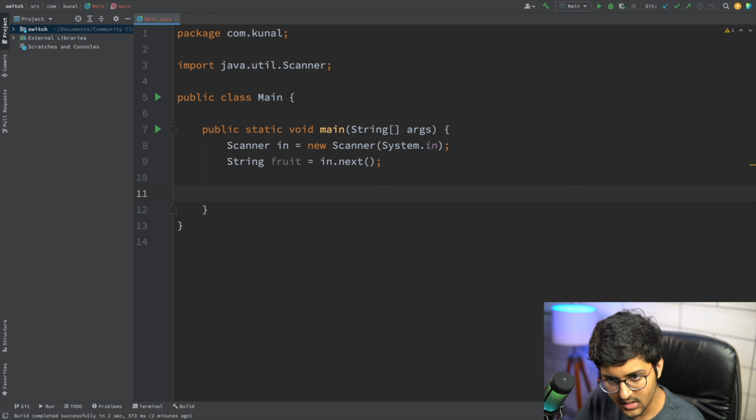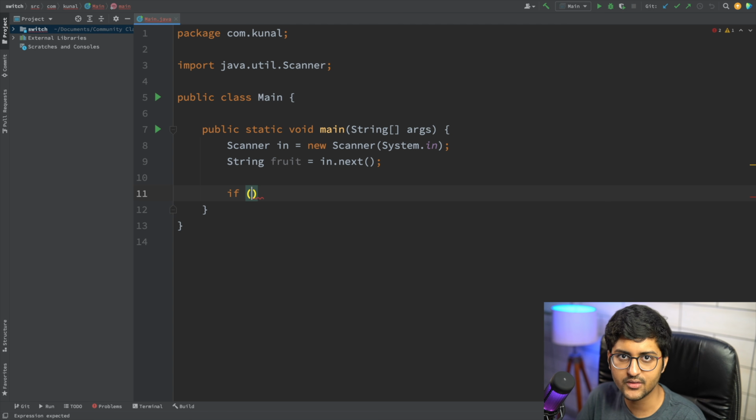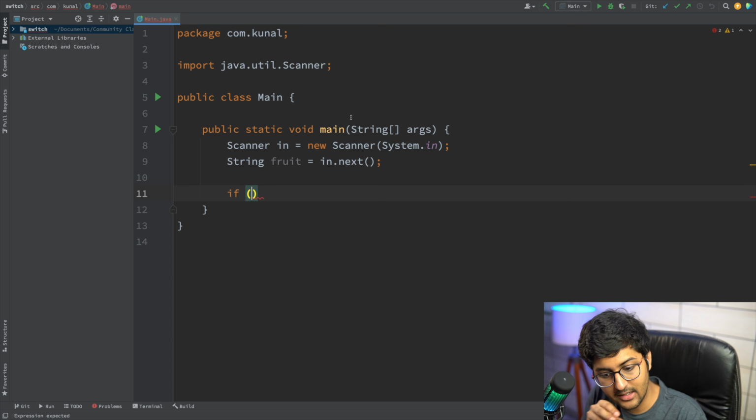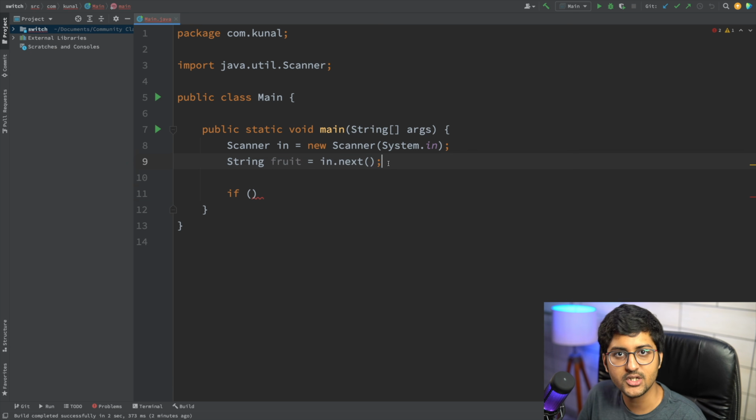Okay, so one way you might imagine to do this is you can say, hey Kunal, we can add many if conditions. So you can say if fruit.equals. In strings, remember the initial lectures where we were learning about objects and memory, heap and stack memory, and how multiple reference variables can point to the same object. There's something known as a string pool. By the way, you can check out the syllabus in the description. I'm following the syllabus line by line, so we will be doing this in detail.